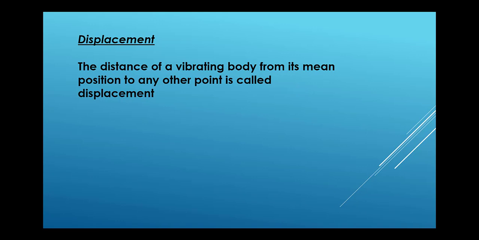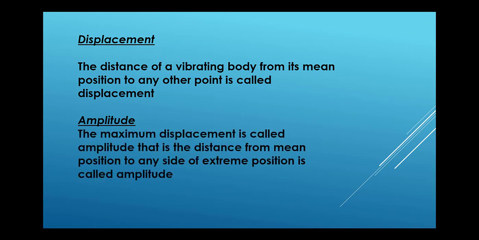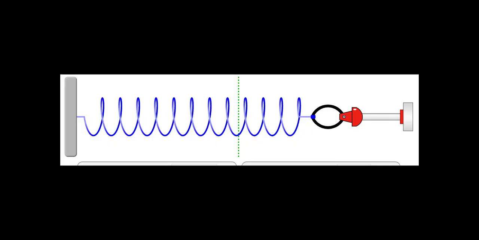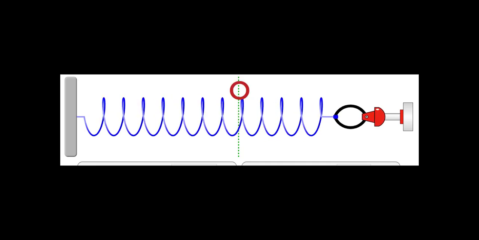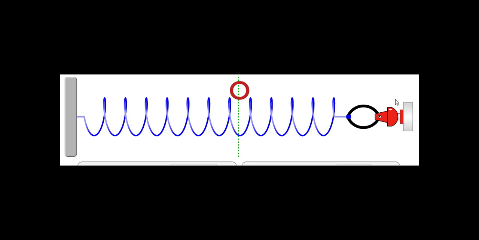Our last definition is amplitude. The amplitude is related to the displacement. The maximum displacement is called amplitude, that is, the distance from mean position to either extreme position is called amplitude. We can say that the distance from O to A is amplitude, or O to B is also amplitude. Now the maximum displacement, the maximum we go to stretch the spring, I suppose it's now